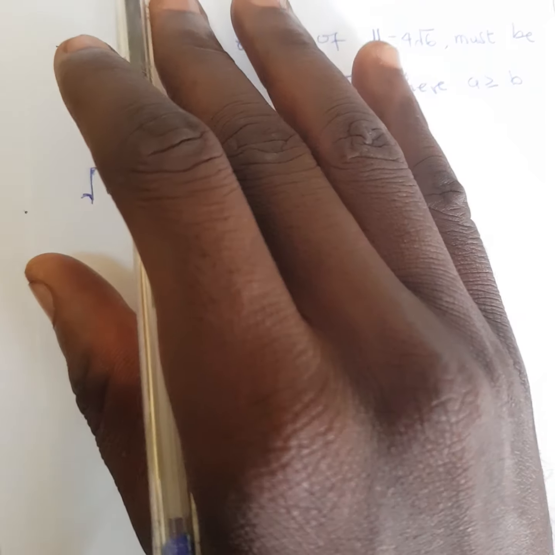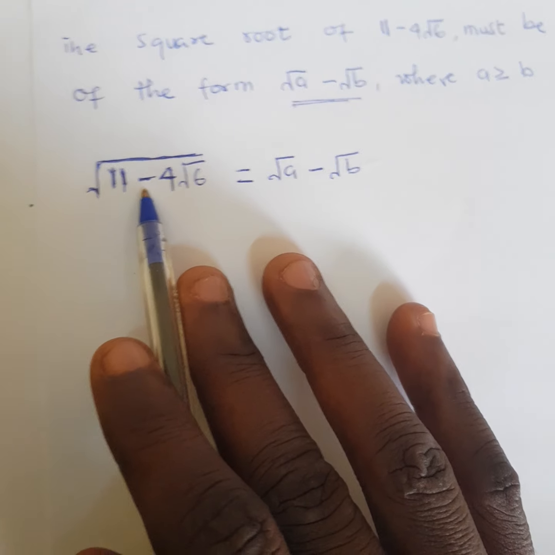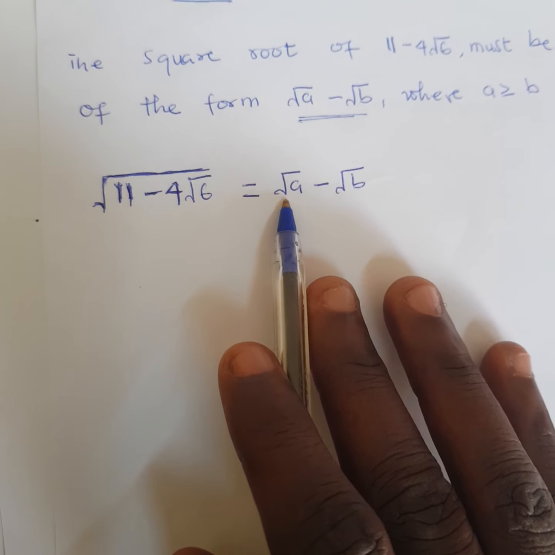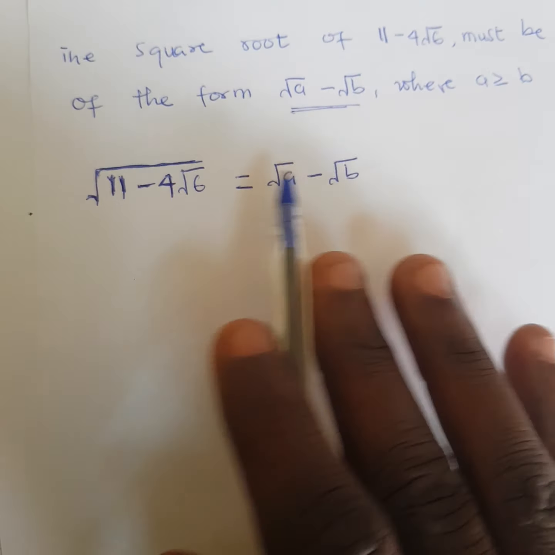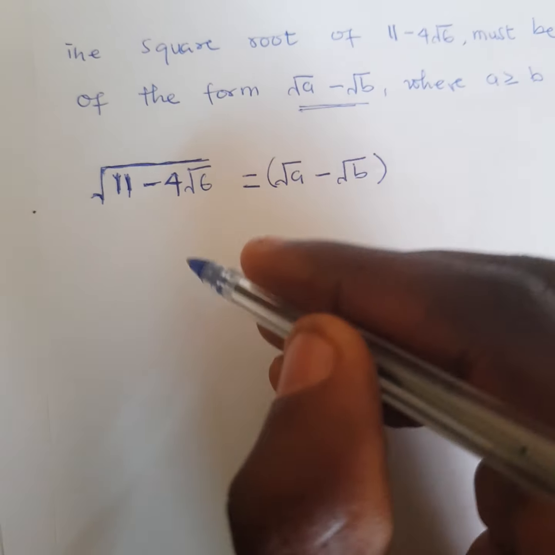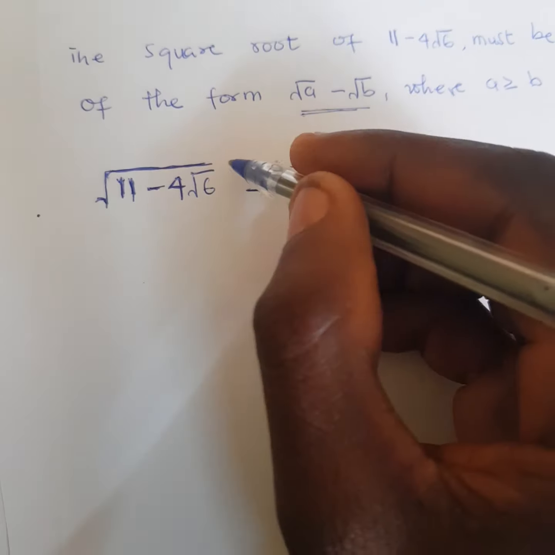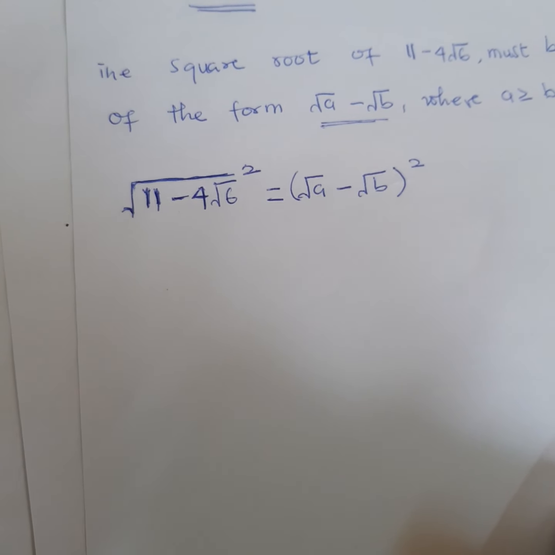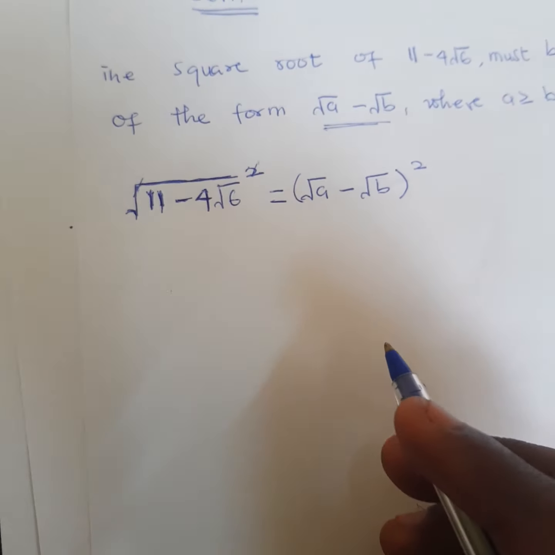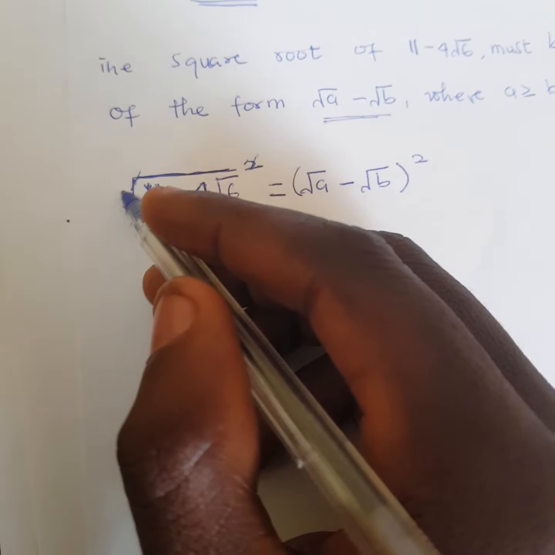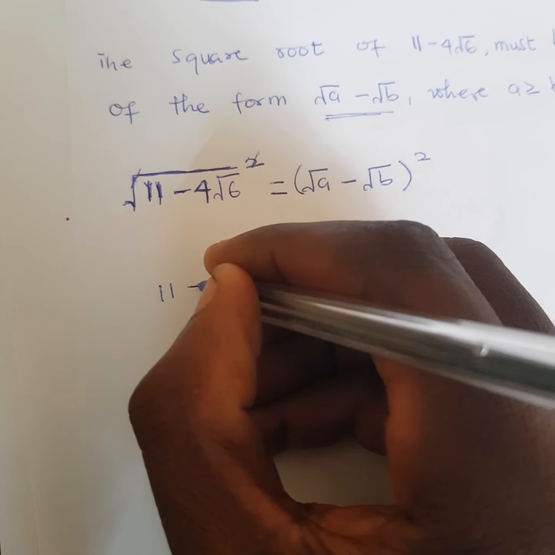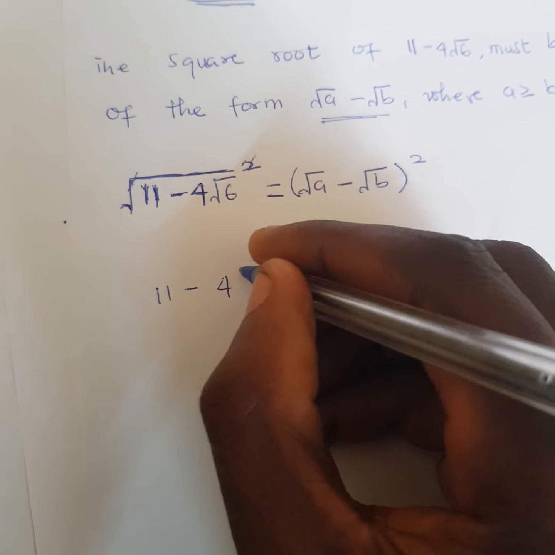So the question was given in this way. You put the question in a square root sign, then take this one. You know that this and this are equal. So what you do next is to bracket this and then square both sides. When you square both sides, the square here will cancel the root sign of the first expression, which will give you 11 minus 4 root 6